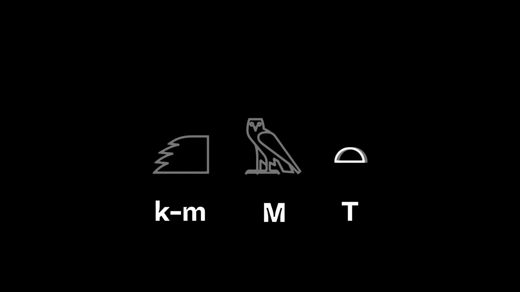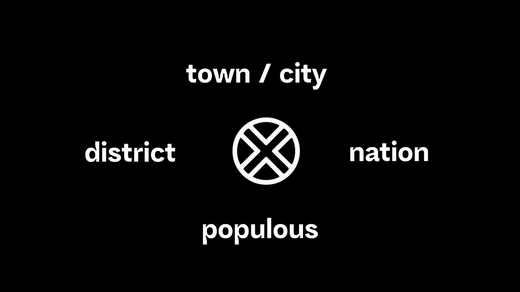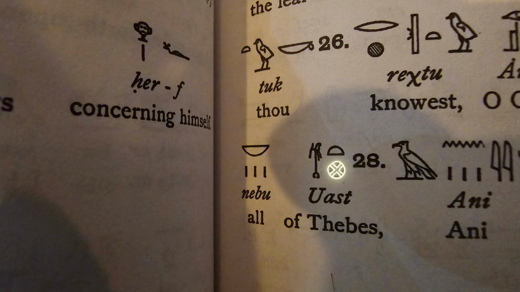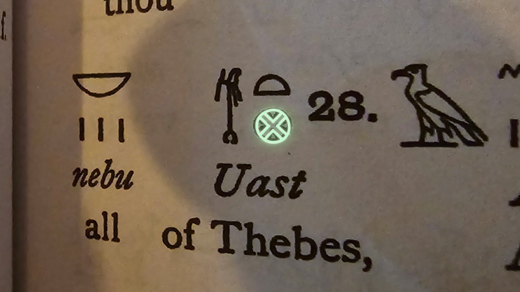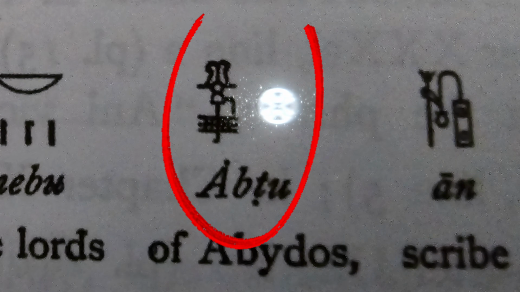Now you're probably wondering, well, if that's Kemet, what's this last thing? This last thing here is our determinative. Now remember I spoke earlier about determinatives and the fact they determine what a word is. And the symbol here is used to always reference a place where essentially people have dwellings. A town or a city. It is used frequently for nomes in the Medu Netjer, such as this hieroglyph here, which says Waset, which is the city of Waset, or better known as Thebes. This one here says Abdu, which is Abydos.